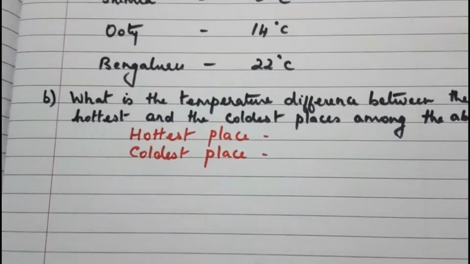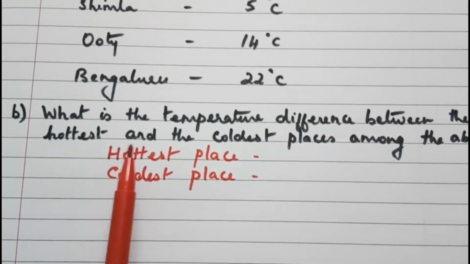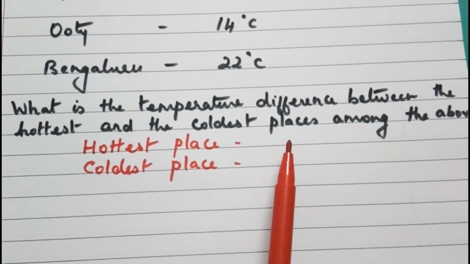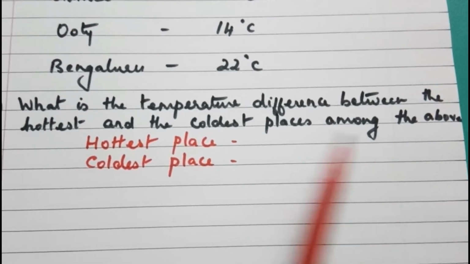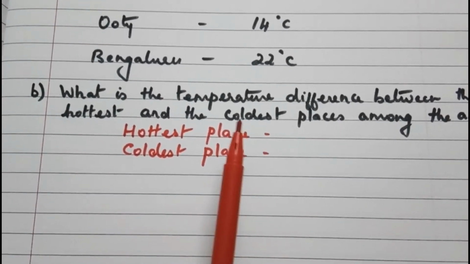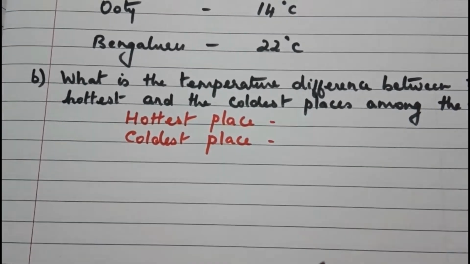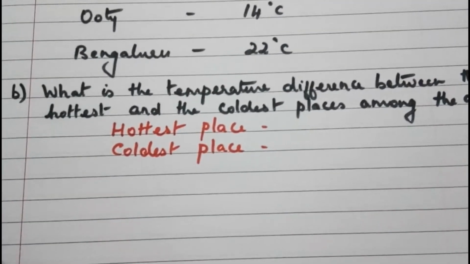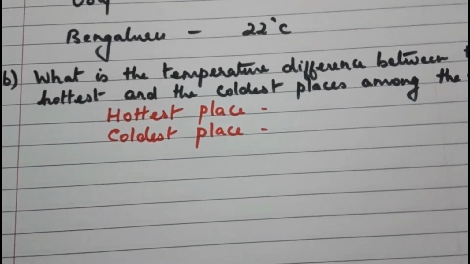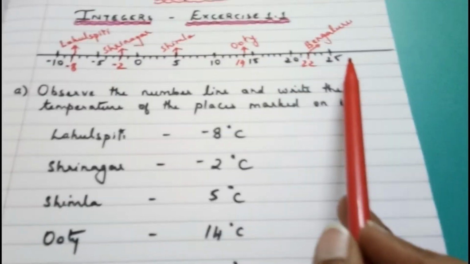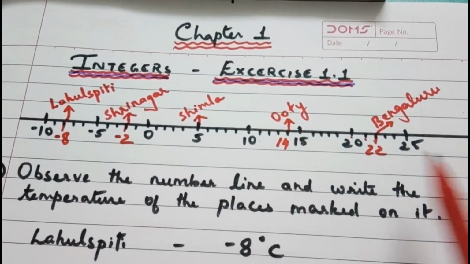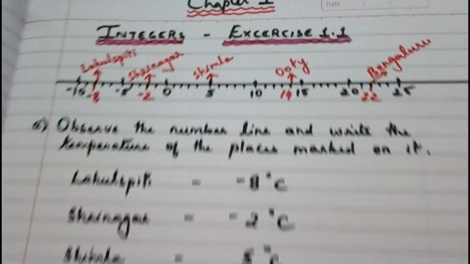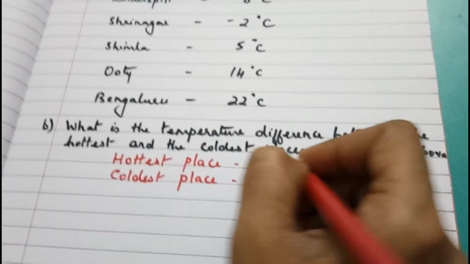Now let's move to the second question. The second question asked here is, what is the temperature difference between the hottest and the coldest place among the above? So first we need to recognize which is the hottest and the coldest place. Whenever the temperature goes below 0, that is considered a cold place. So here over the number line, the hottest place marked is in positive, which is Bengaluru. So the hottest place here is Bengaluru